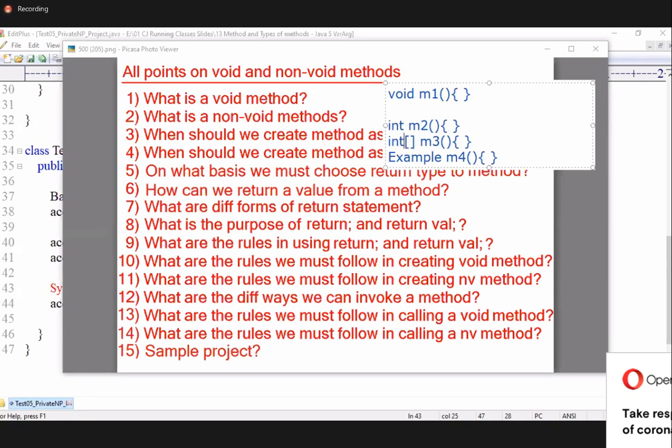From the m4 method, what should I return? An Example class object, whose return type is Example. How to return a value from the method body? The return type specifies what type of value will be returned from the method. It will not return the value itself. Who will return the value? The return keyword. The return keyword will return the value: return 5;